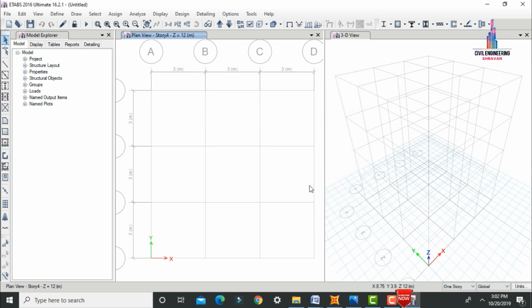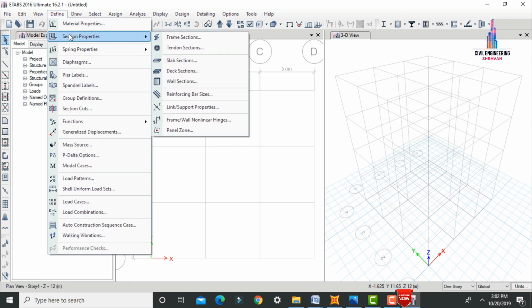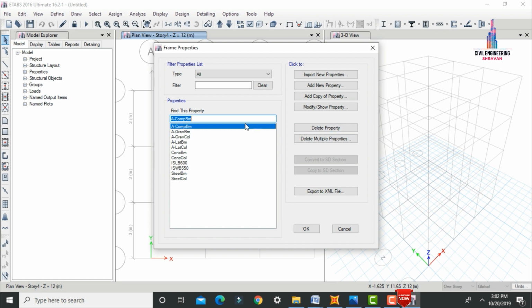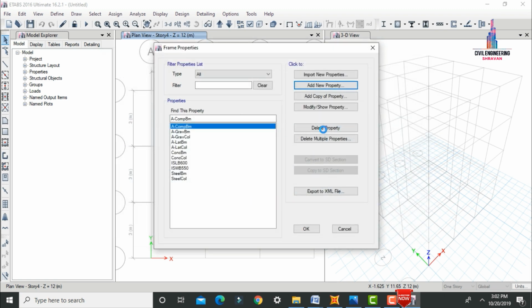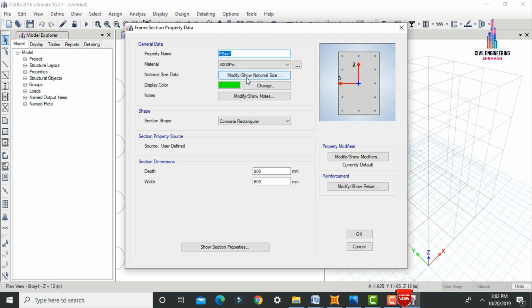After that we have to define the beam size and column size for this G+3 building. Click on Define, Section Properties, and Frame Sections. Initially I am adding a new property related to the beam section. I am selecting a beam of 0.23 by 0.35, which is the beam size.